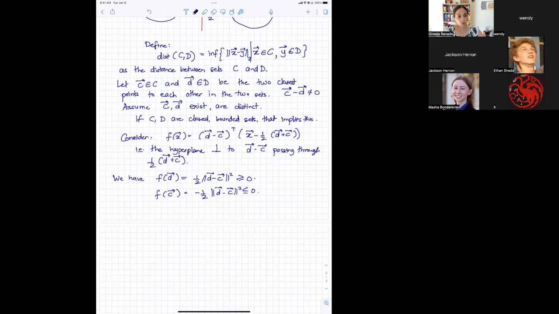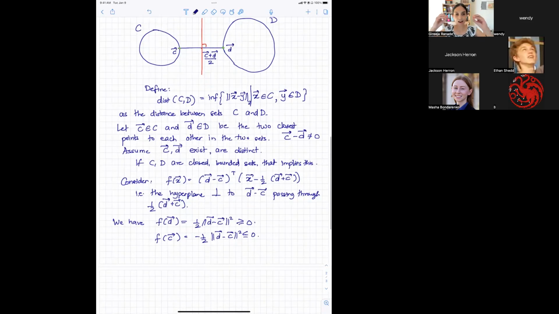So now what did we do? We said that, well, if I have these 2 points, one in C, one in D, and I want to separate them with a hyperplane, what's a good candidate hyperplane? Well, just looking at this picture, why don't I take the hyperplane that divides this line segment into 2? So I find the midpoint of this line segment, which is C plus D divided by 2. And then I consider the hyperplane that is normal to this line segment at this